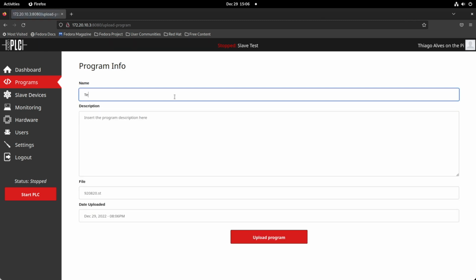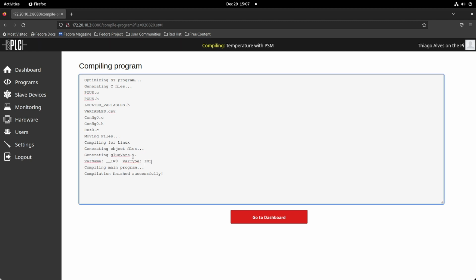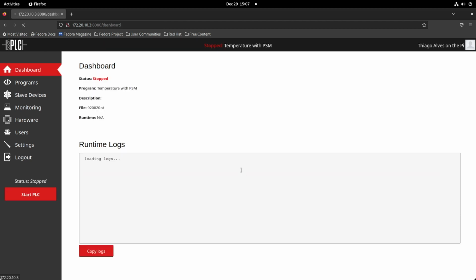I'll call it temperature with PSM, and just upload it. Alright, so as you can see, it only has one located variable that is exactly at the location where I put my sensor reading. Let's start the PLC program now,